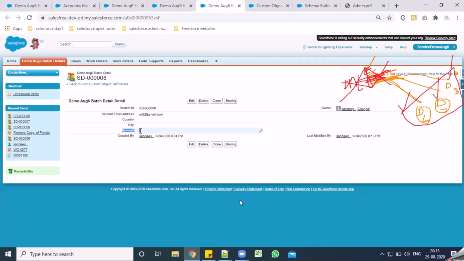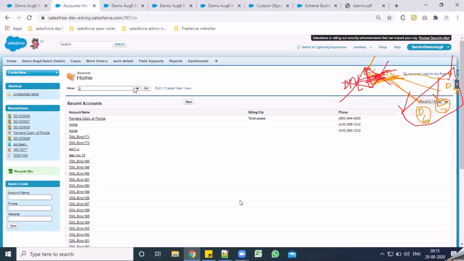So in your lookup relationship, if you delete your child, you will not see that extra record on your parent related list. But if you delete the parent itself, your child's information will still be in place. You will not lose the information of your child, but the lookup field will be missing the parent information.